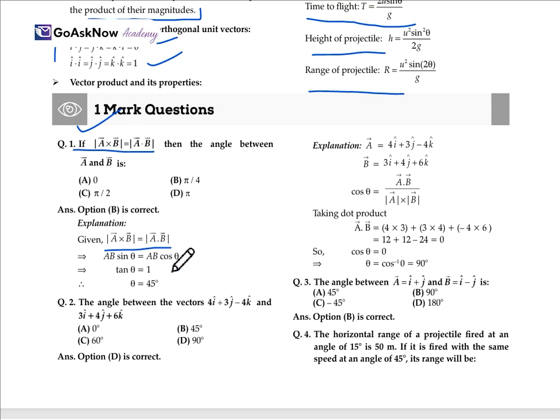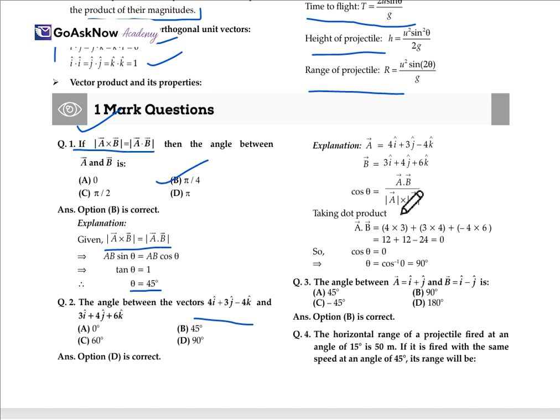On reversing the direction of the vector Q, the resultant vector becomes S. So prove that R square plus S square equals 2 times P square plus Q square. The resultant vector of P and Q is R, and the resultant of P and minus Q is S. For the dot product, R dot R will be equal to P plus Q dot P plus Q. When we solve this, we apply the same for S dot S, then S square will be equal to this. When we add the equations for R square and S square, it is proved that R square plus S square equals 2 times P square plus Q square.